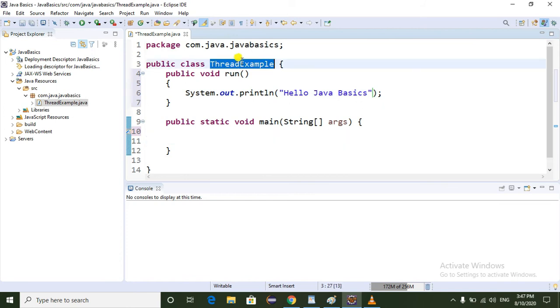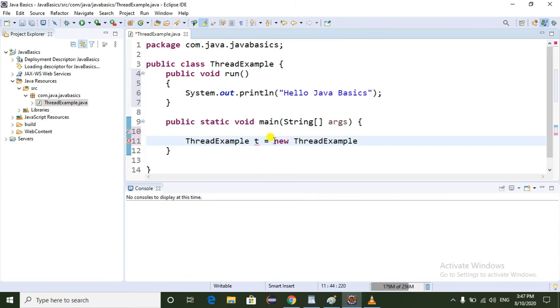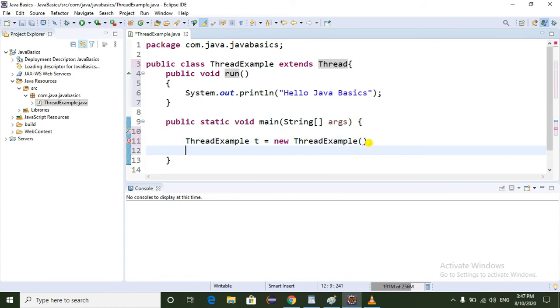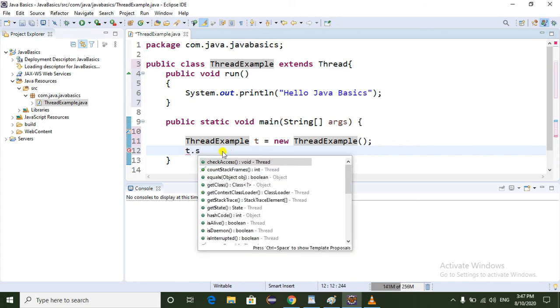Here I am going to create an object of the Thread class. Here I need to extend the Thread class, and I am creating my class object and calling the start method.